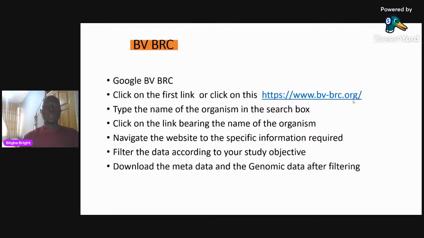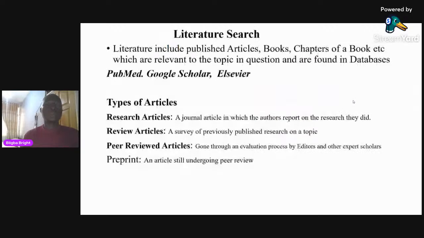And then you can also go there and explore, get the data in the format that you want, in the file format you want. And then you are able to filter by country, by region, by time frame, and then you are able to download your data, the genomic data, for your further analysis. EBI, that's the European Bioinformatics Institute. Now, so we are able to do this with the